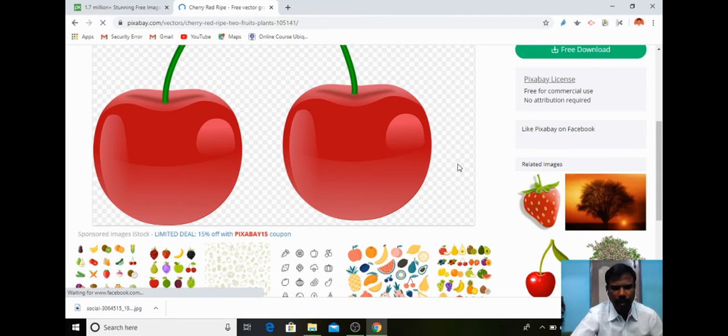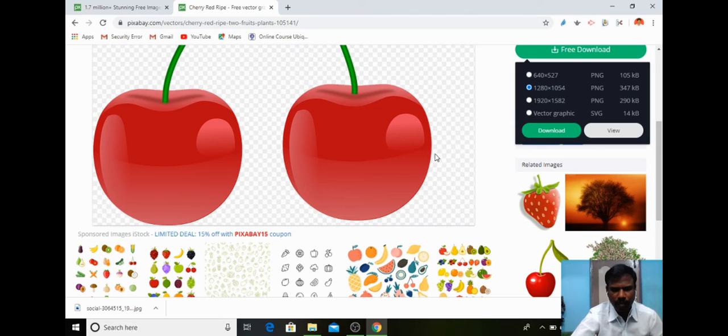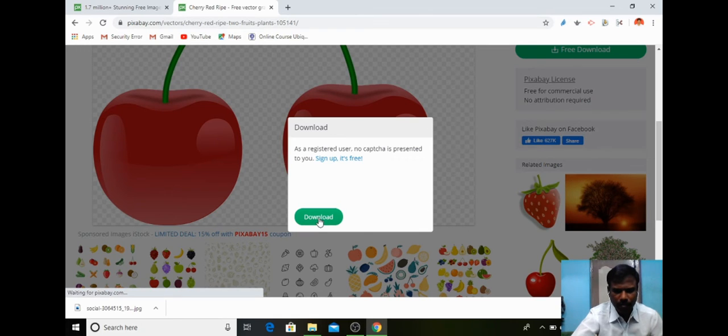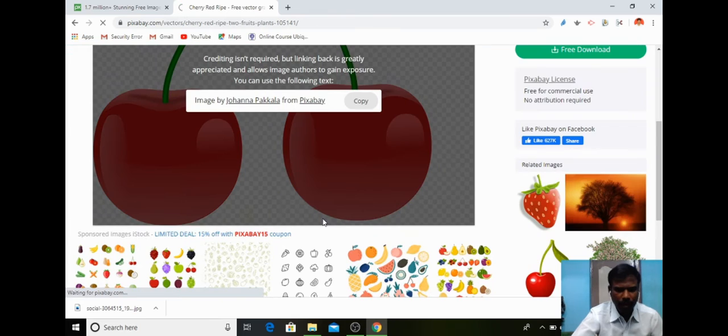For example, I can download this. It is not a photo. It is created by vector graphics or art. The same procedure you have to follow. Now in this way you can download any number of images from this site called Pixabay, and the next website